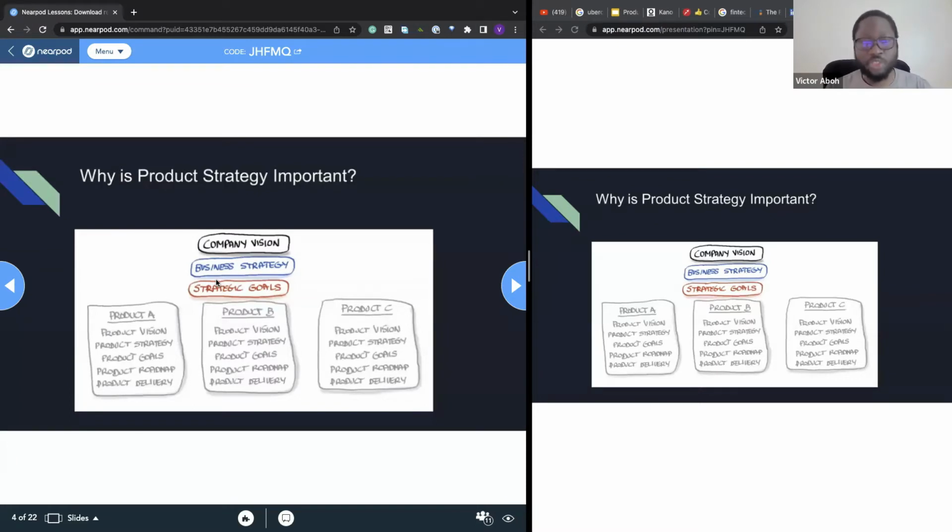So we should always be trying to optimize. Yes, we want to focus on our customers, but we also want to keep in view what our goals are as a company. And that gives us some real guardrails to come up with ideas and innovate, right? So our product strategy sits under the product, but it is derived from the business and the strategic goals.